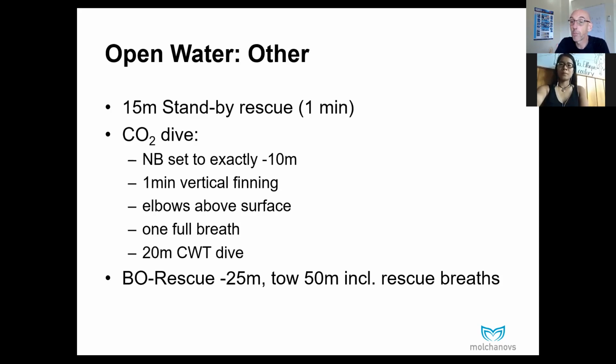SSI has the 5 times 20. So at the surface, you breathe up, you go to 20 meters, you come back to the surface, you breathe for 1 minute, go down again to 20, go to the surface, you breathe for 1 minute, go down. The reason why Molchanovs took this out of their